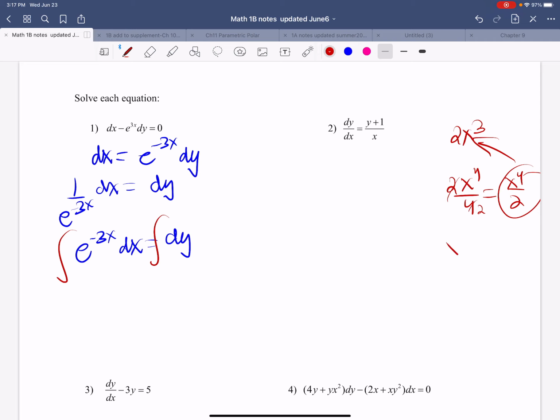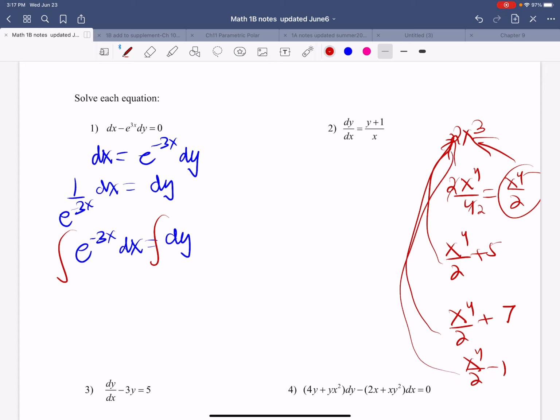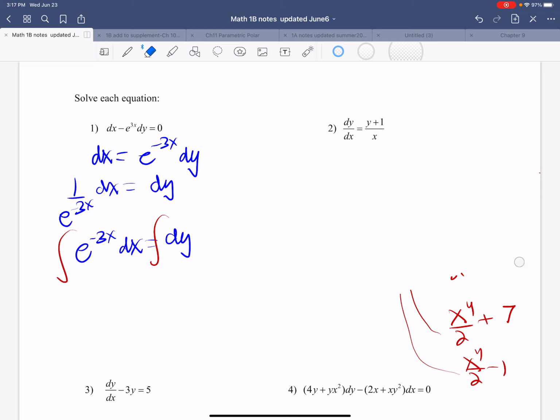What if we did the derivative of x to the fourth over 2 plus 5? It would still be the same. What if we did the derivative of this function? It would still be the same. So there are many possible functions that have the same derivative. When we are given the derivative and going back to the function, there are many possible functions. They are all parallel to each other, and they have the same derivative. So when we find the solution here, when we integrate, we would be adding an arbitrary constant